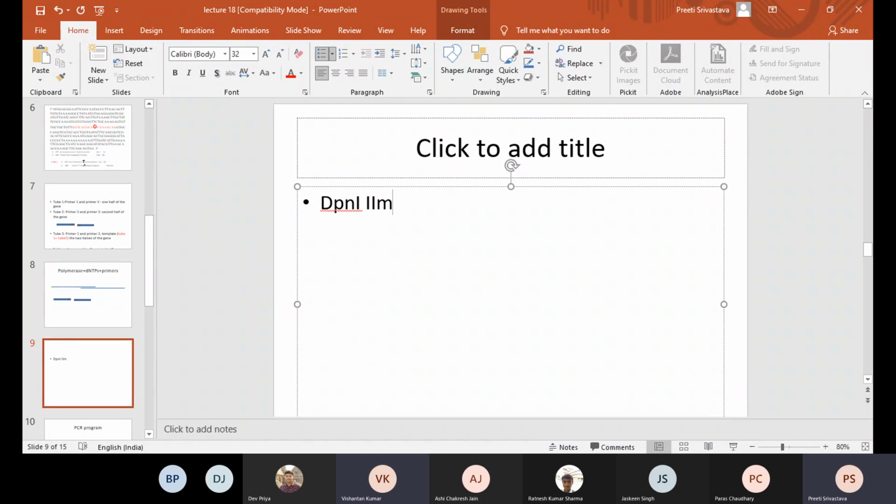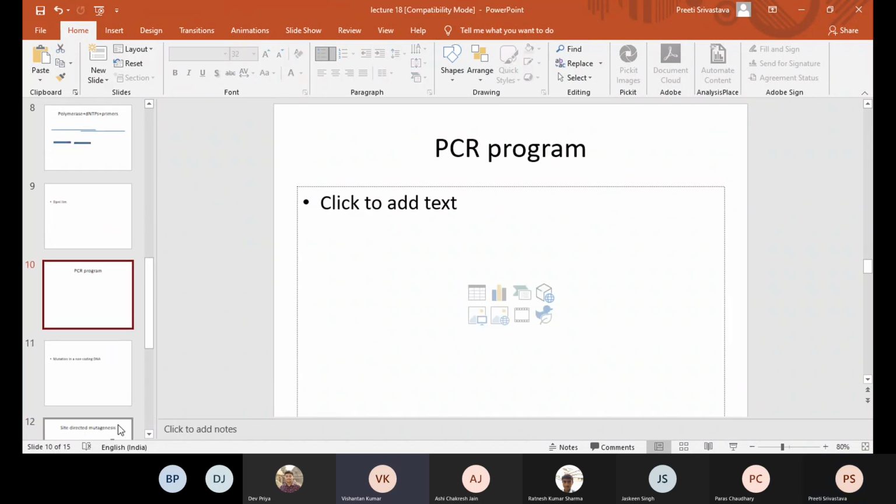Why would the template DNA be methylated in the first place? Or do we methylate it just to remove it? No, the template DNA is methylated in the first place because the template DNA is either a genomic DNA or a plasmid DNA. What is the source of the gene, right? That's the point. The source. But it could be human DNA as well. So it doesn't matter. Even human DNA is methylated.